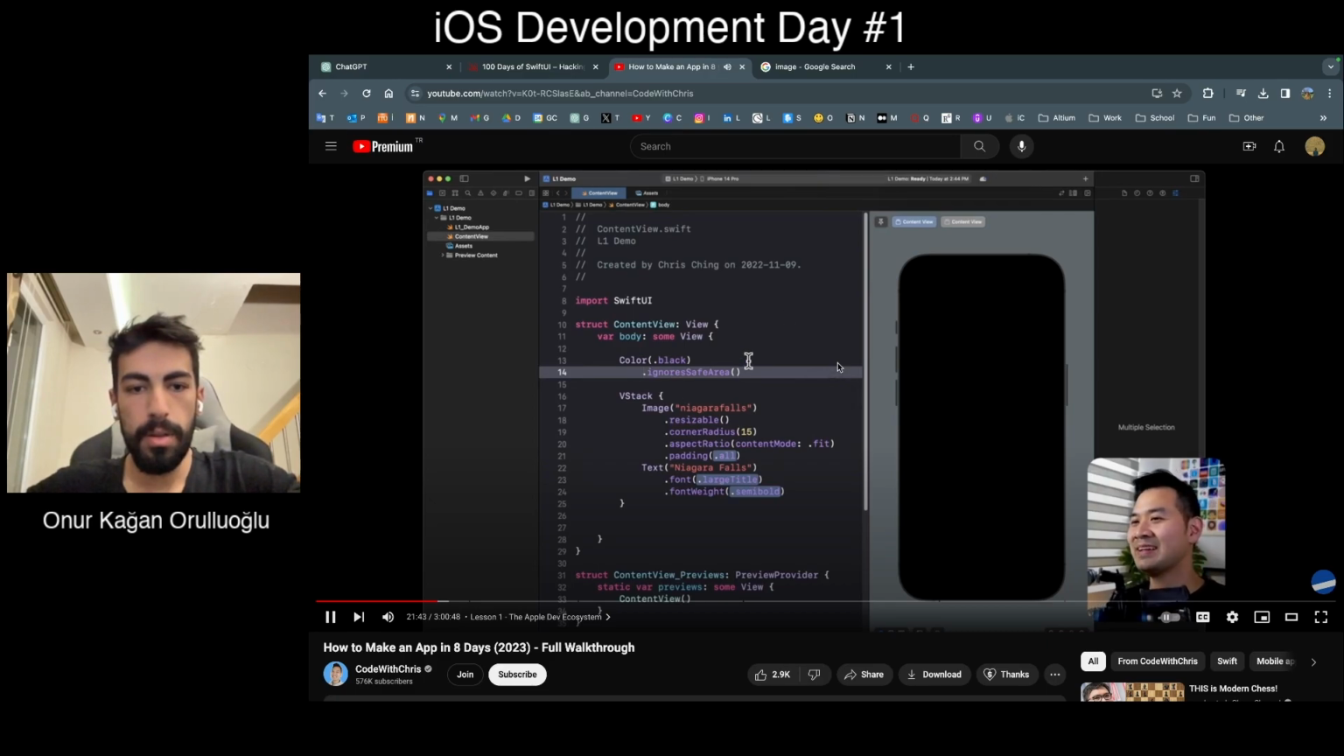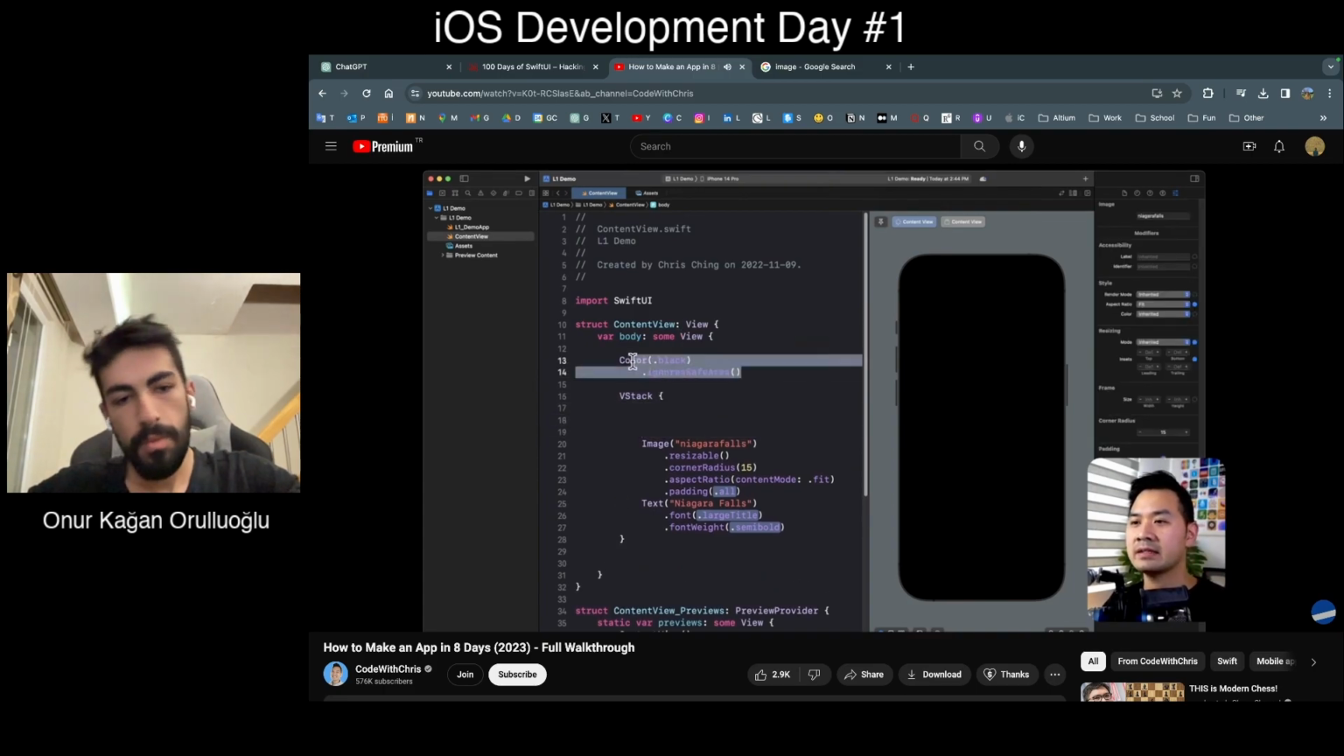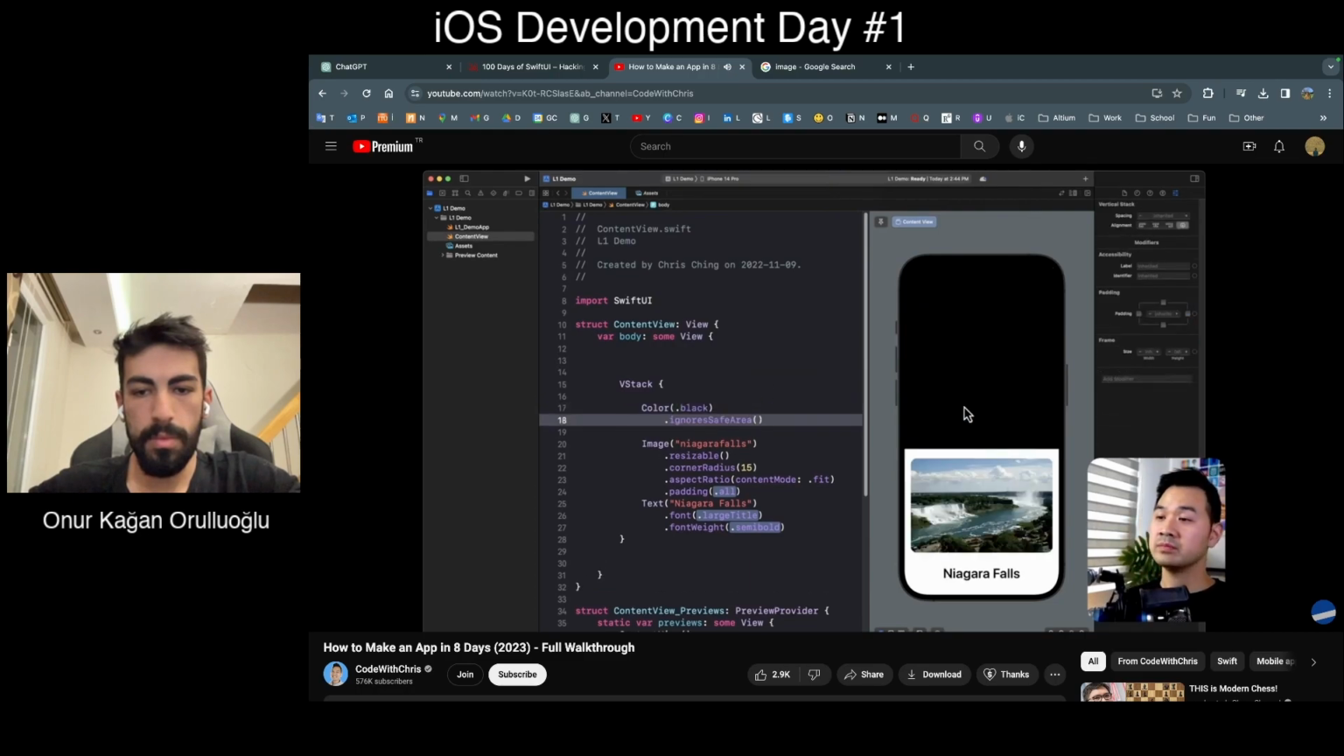Into that danger zone, safe area. Now you can see our color covers everything. The problem is we don't see anything else. So why don't we try making some space in our VStack right here and highlighting our color with the modifier, Command X to cut it, put it in here, Command V to paste it. And what do you know? Our VStack